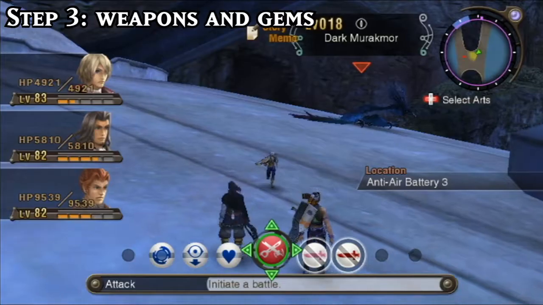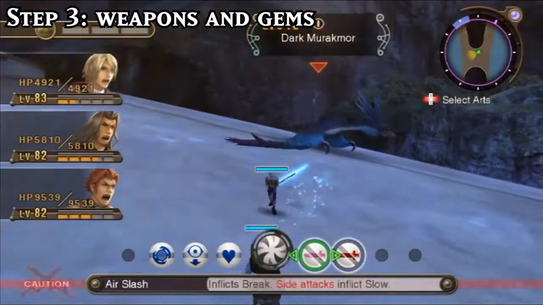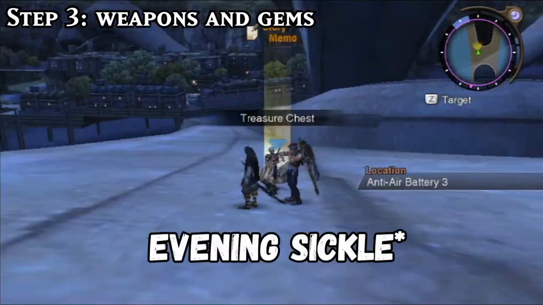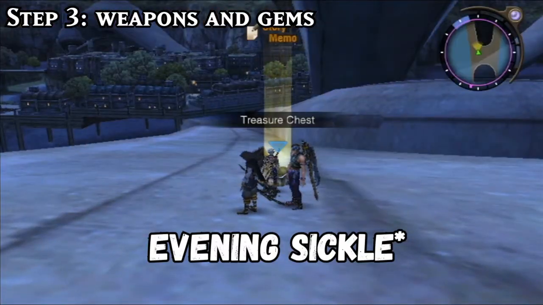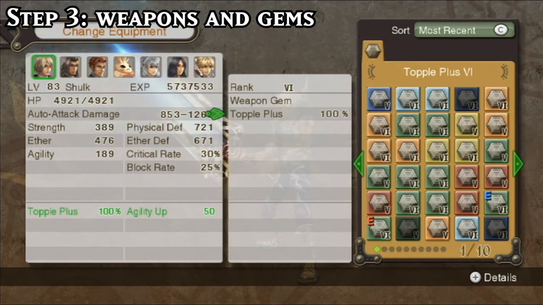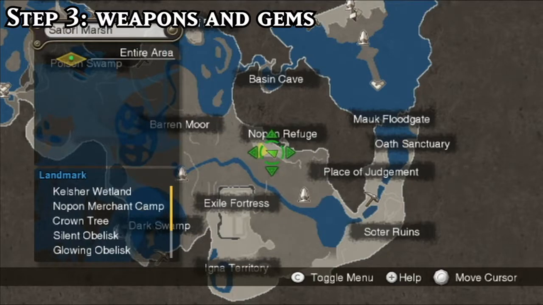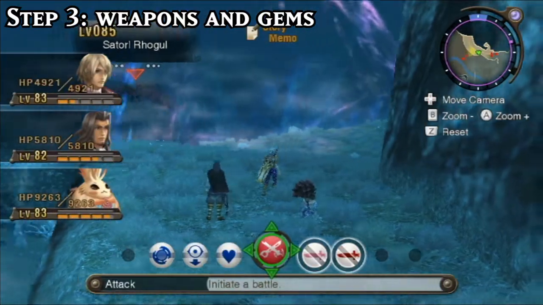Perfect. For Dumban, we don't need to move that much further. The level 18 Dark Muractor unique monster in Colony 9 has a chance of dropping the Black Steel Striker, Dumban's weakest 3-slot weapon. With that said, let's see what gems we need. For the basics, everyone will need a perfect topple plus 6 gem to raise their topple time from 3 seconds to 6 seconds. Topple plus crystals can be farmed from several monsters, but I suggest the Sator Rugol as it's